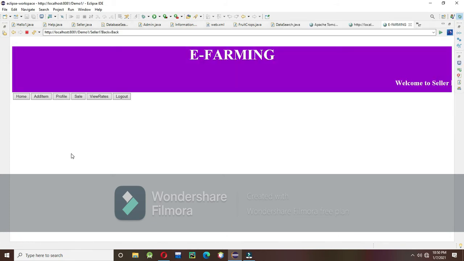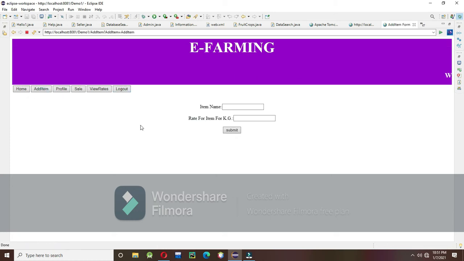In the seller page, there are add item, sale, view rates, profile and logout sections available. In the add item page, the seller can add the items to sell. When the seller adds the item to sell, this data is stored and goes to the view rates page.